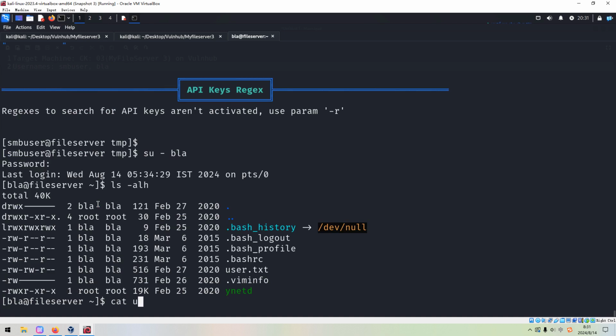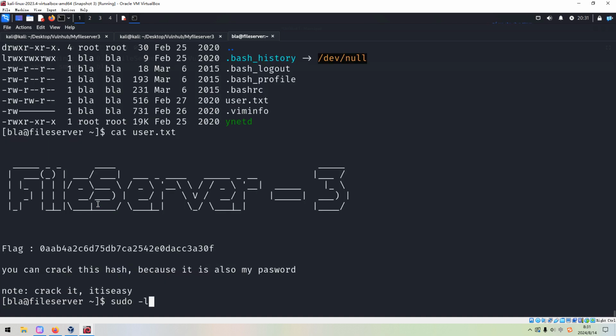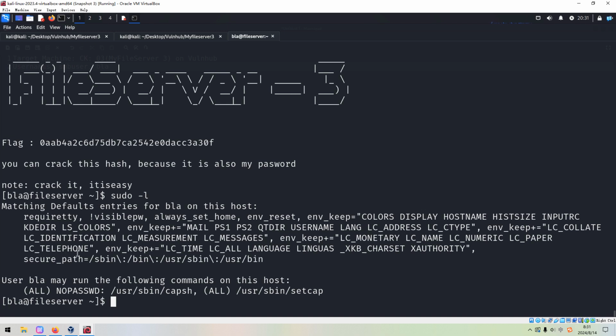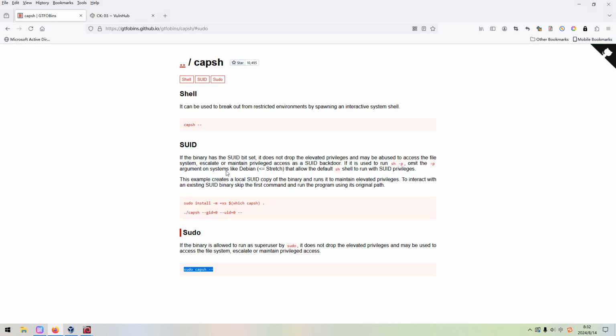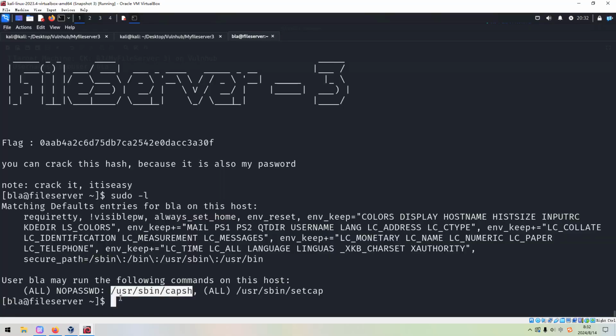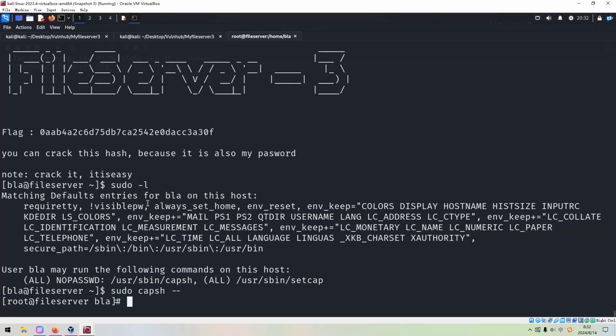And next, of course, we can get the user flag. Next, we need to elevate privilege, by running the command sudo with option -l. We can use this command, capsh, and we can go to the GTFOBins website, which gives you the instructions on how to utilize this command to elevate privilege by different means, like shell, SUID, and also sudo. In this case it should be sudo. So the escalation itself is very straightforward and easy. We just copy this command, paste it in here, and get our privilege escalated.